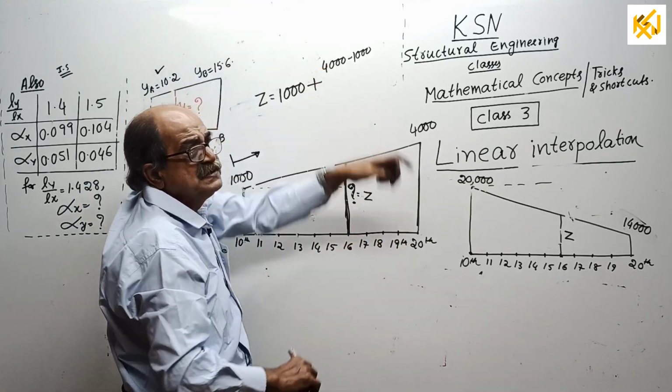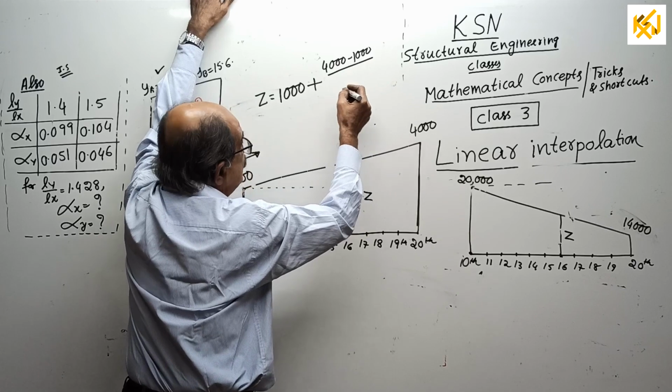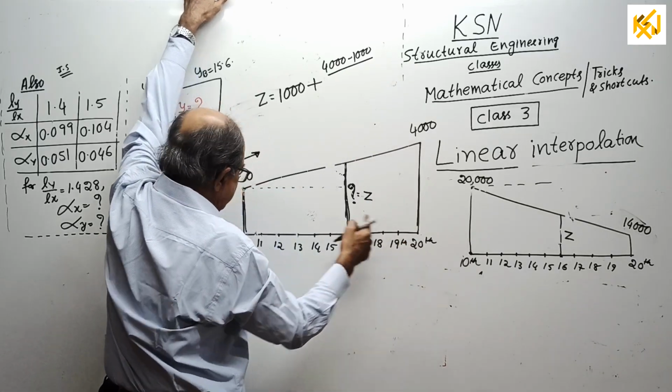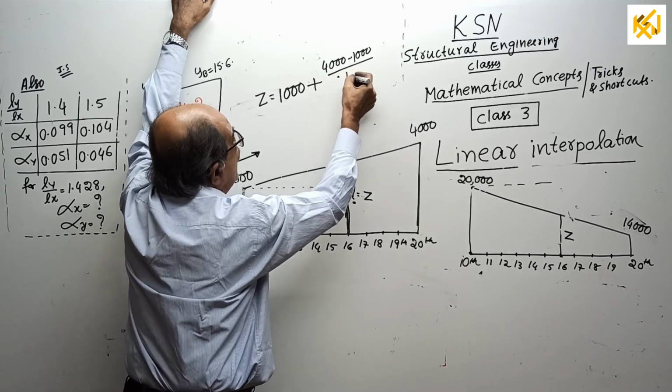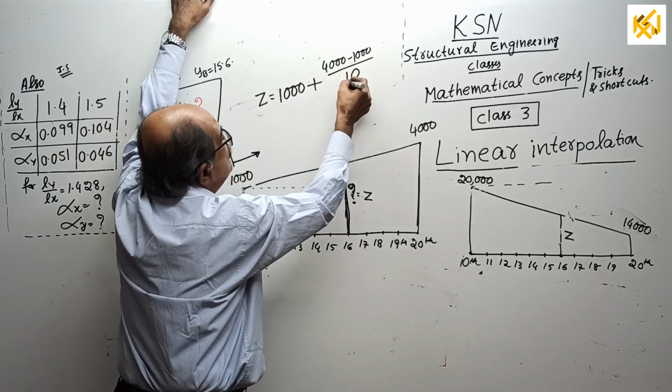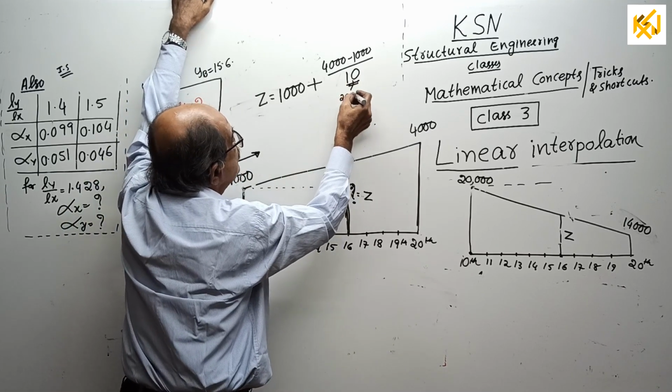That is the increase for how many days? Divide by 10. What does 10 mean here? You can tell it is 20 minus 10. I'll write 10 here, that much you can make out. Divide by 10. This 10 is not this 10. This 10 is 20 minus 10.